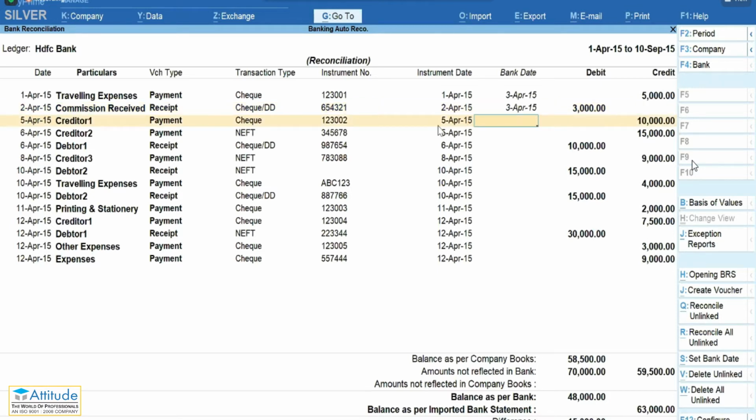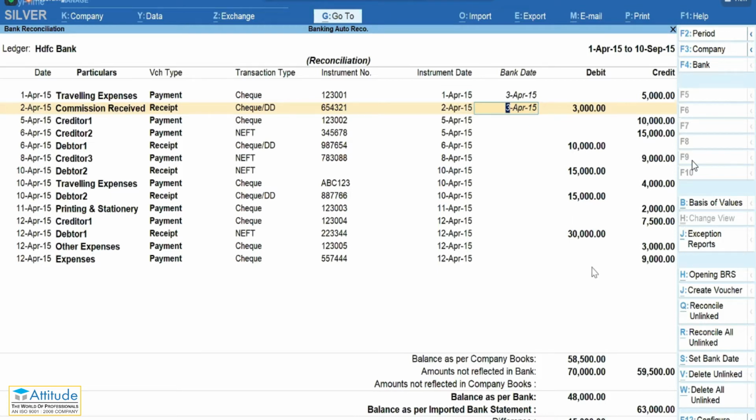If a payment has been received and you are making an entry, then you have to make the entry the same as the bank date, then only it will get accepted.